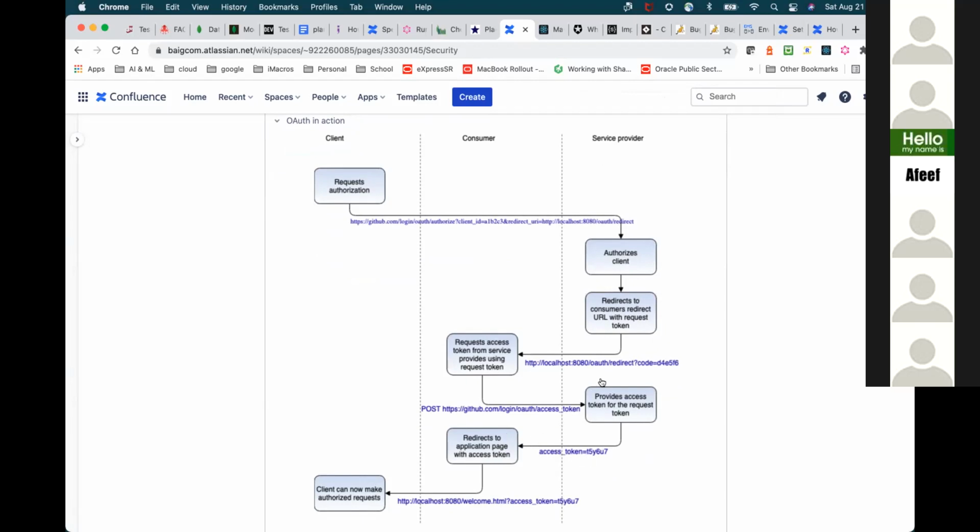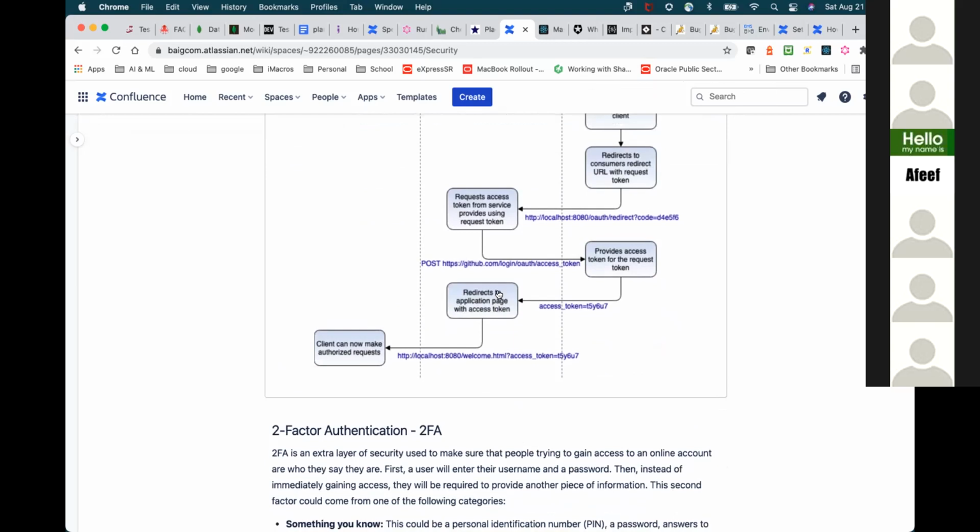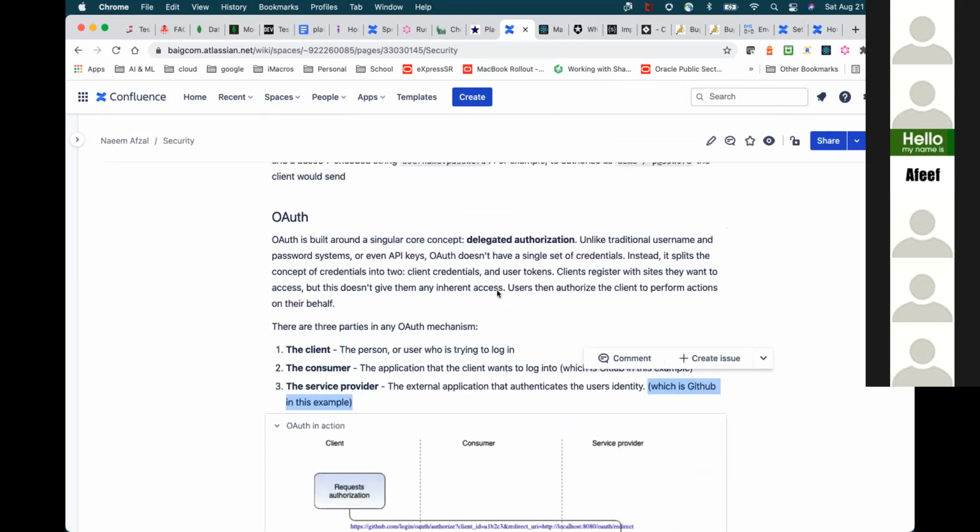Don't worry too much about this. There are some details which I don't want to go over. The thing which I want you to remember is, first, that you are logging into the Google system, because that's a third party system. Once you log in, it generates the request token, and that token goes to both the server and the client for them to ensure that this is the same person. So this is what the authorization is. The authentication is OAuth. Does that make sense so far?